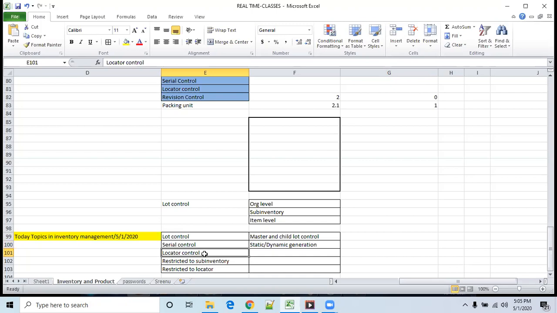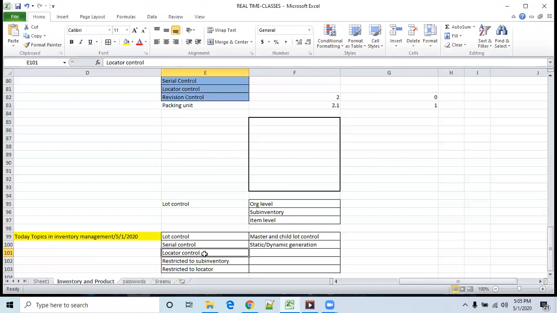And revision number. Whenever you are creating an item, by default we take some revision as 0. When you do any upgradation for the item, let us take a mobile, every 6 months they release a version. Version means they are adding some features. So version or revision, both are the same. Revision control means as soon as you add some features, they upgrade the item. That is called revision control.